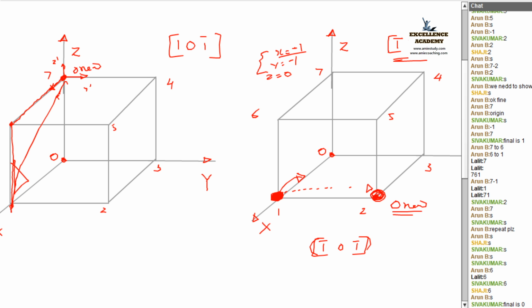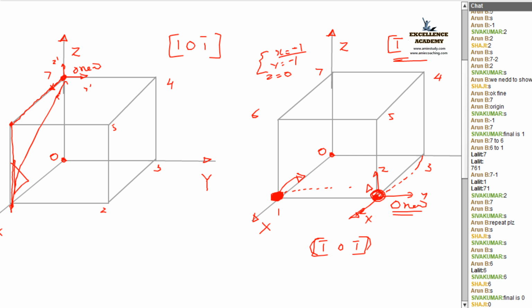Okay, let's check. What are the ways? To avoid mistakes, you have to draw like this: X, Y, and Z. First of all, x is equal to minus 1. Where will you reach for x is equal to minus 1? You will reach at 3. Stay there with your pencil. That is your condition. From this point, y is equal to minus 1. From here, you have to drop here. Stay there with your pencil. Check the z value, 0. So this is your final point. You have to draw a line joining the initial and final, with the arrowhead towards here. So O to new O is our direction. Is it clear to all?